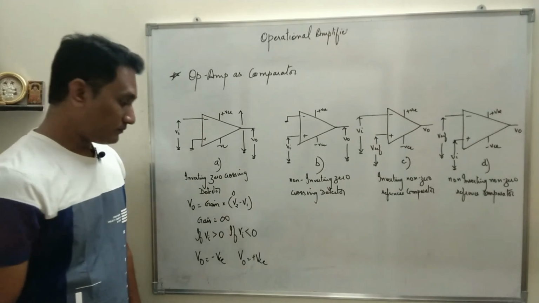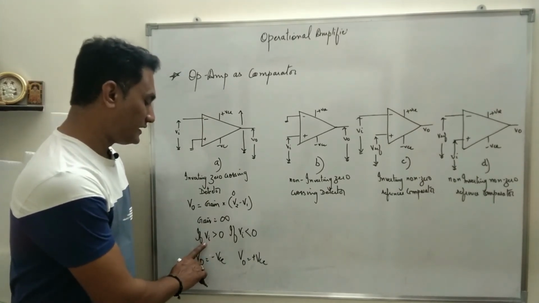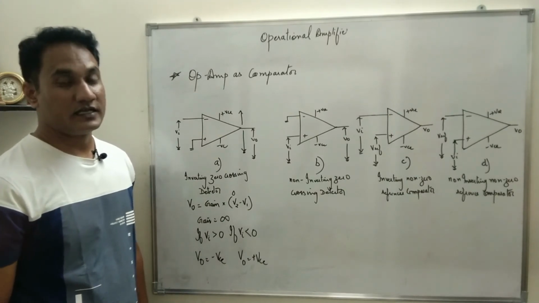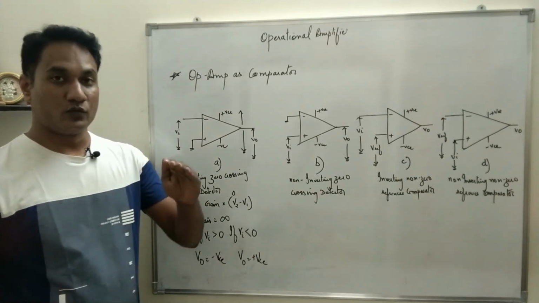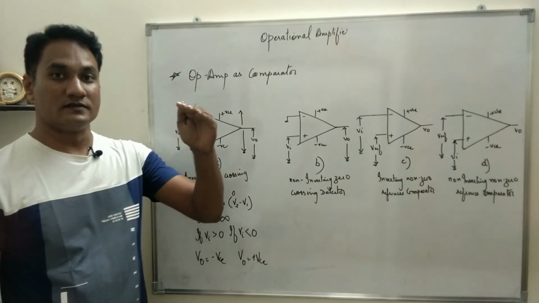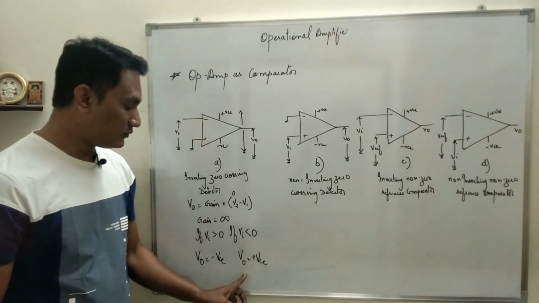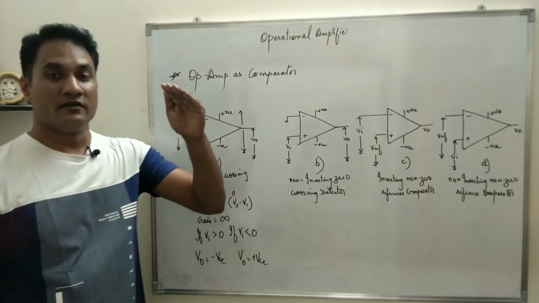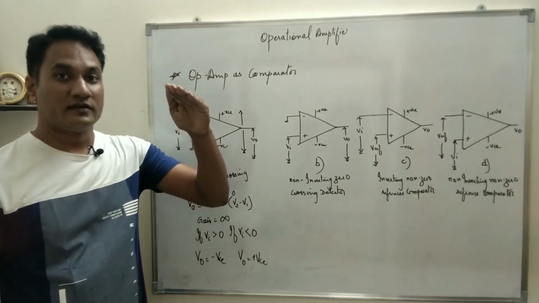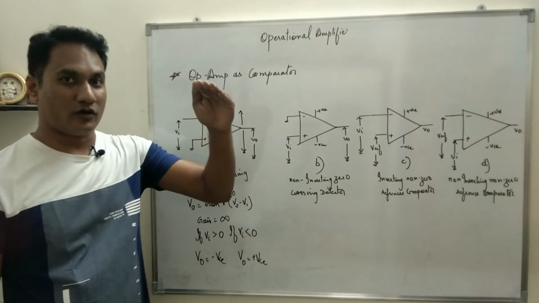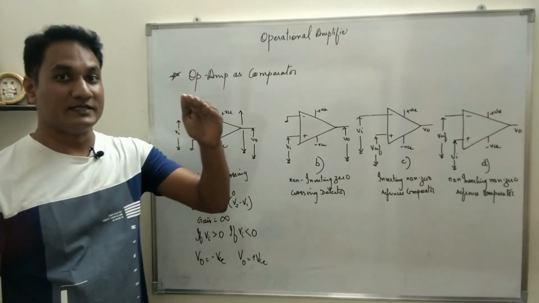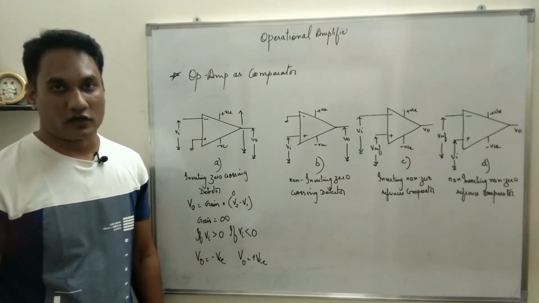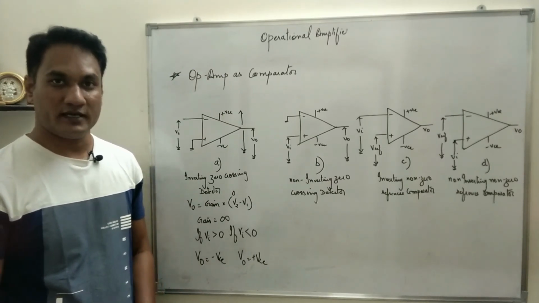Okay, so if the output is minus VCC, we can say the input voltage is still greater than 0 volt. And if the output changes from minus VCC to plus VCC, we can say the input has now gone from positive to negative. That means it has crossed the zero mark. So that is why it is called a zero crossing detector. Okay. Next,